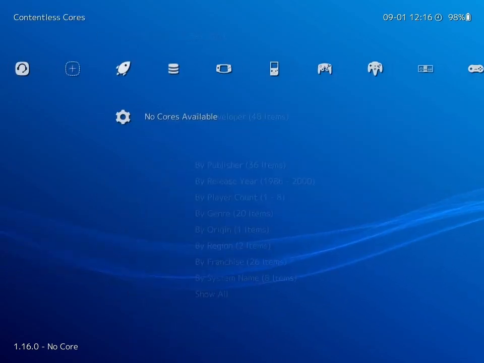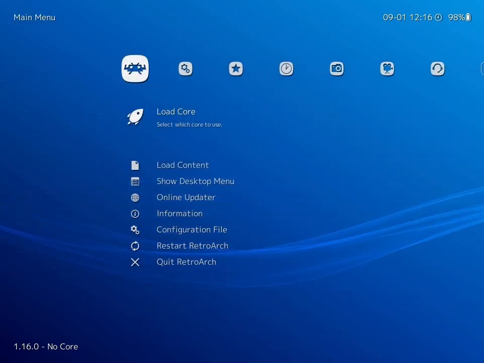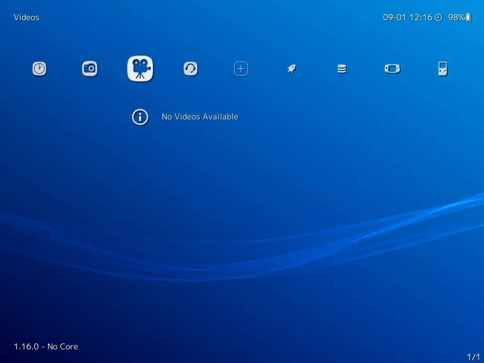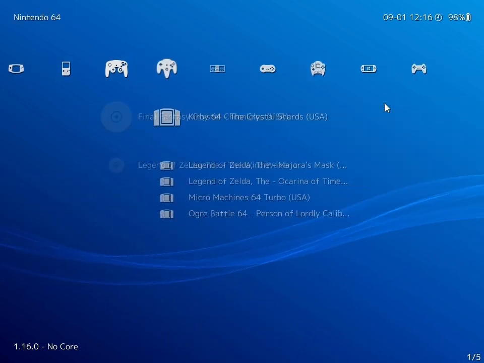So basically, what you want to do after you get your cores uploaded is you want to go over here and you just want to leave it right here. And this is where you'll go and you'll upload your ROMs that you have on here. Now, fortunately for me, I already have ROMs on here. So what I'm going to do